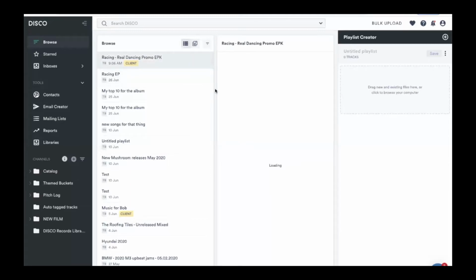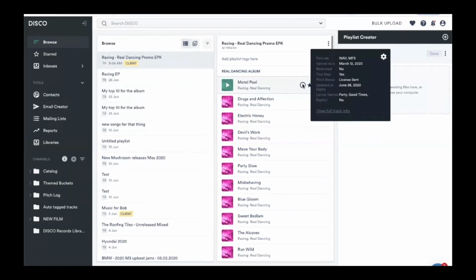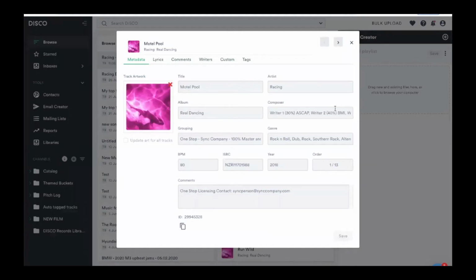So what we want to do is kind of dive into an EPK or presentation. You'll just notice that in here, I've clicked on this playlist. These are all playlists, and these are the songs inside. So you can play the tracks and scroll through them on the waveform. And there's all the metadata that you can come in and edit. So I guess while we're here, let's just quickly look at metadata and how you can and should set it up.